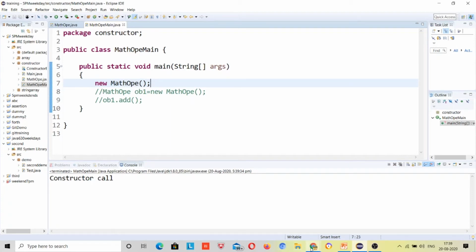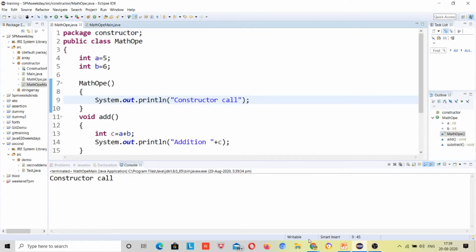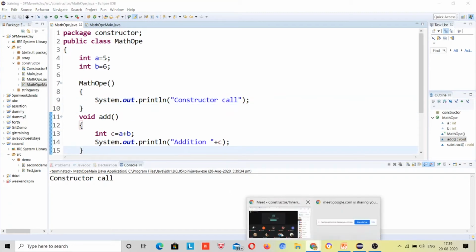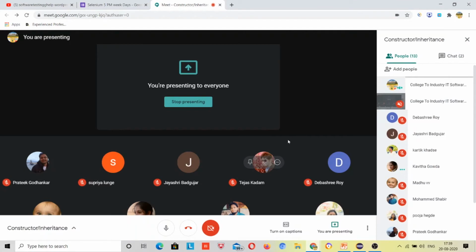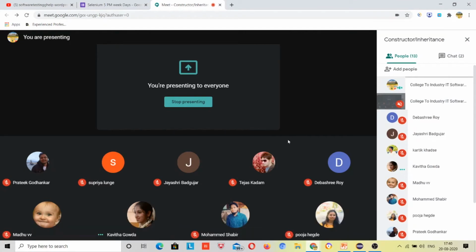One more thing I have said, that you have noted those points, right? There may be many constructors inside a class, so constructor overloading will be there, right?